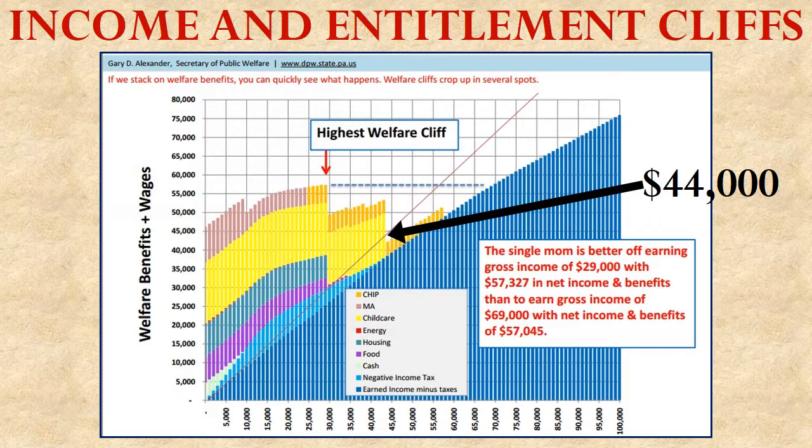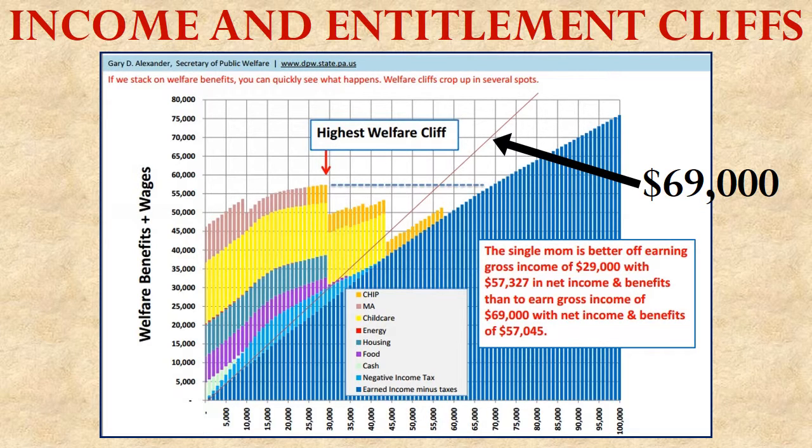Now, what happens if we move her income up to $44,000? You'll notice that at $44,000, some of these welfare benefits that she had have dropped away. They only go up to a certain wage point and then you don't get them anymore. The idea is that when you're poor, you really need these things, but as you make more money, you won't need them anymore. So when she gets up to the point of making $44,000, she actually loses a bunch of that in taxes. She only gets a little bit of it in continued welfare benefits. So she ends up taking home $42,000. I hope you notice what's happening here. I'll be explicit about it in just a moment.